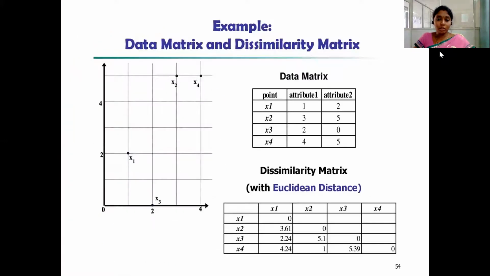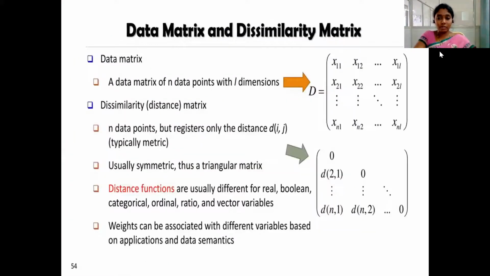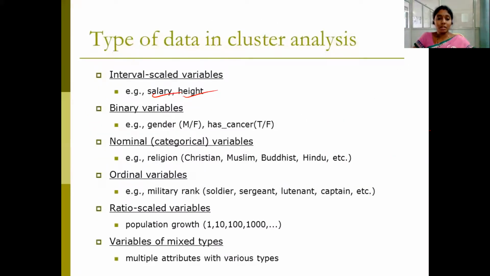Why? Because our ultimate goal is to bring this matrix. Usually clusters are formed based on the distance among the elements. That is the basic procedure. Those objects or records that fall closer to each other may fall within the same cluster, and those whose dissimilarity is more belong to different clusters. That is the basic procedure.